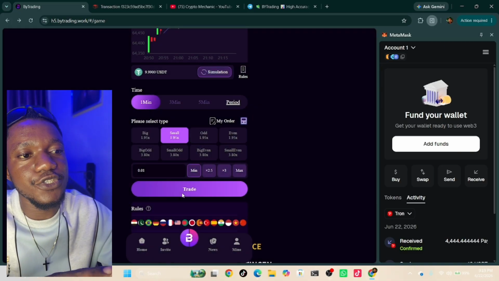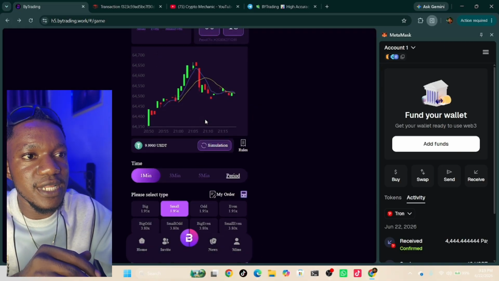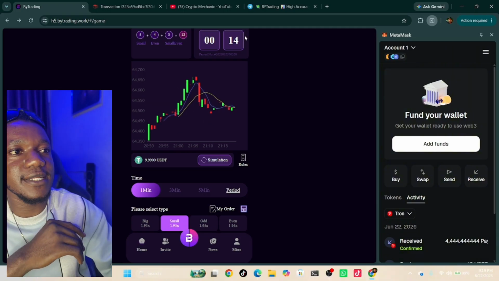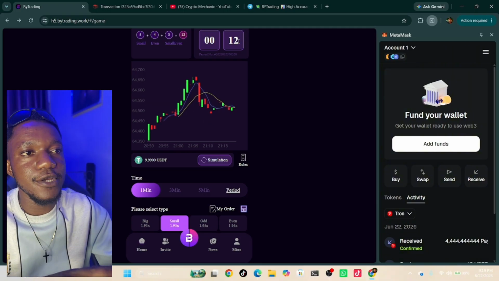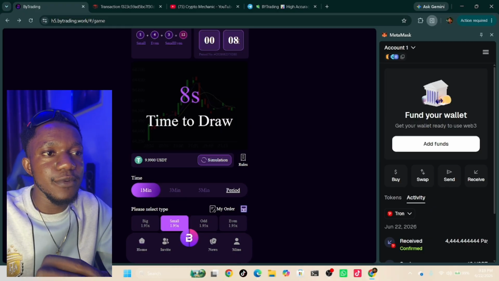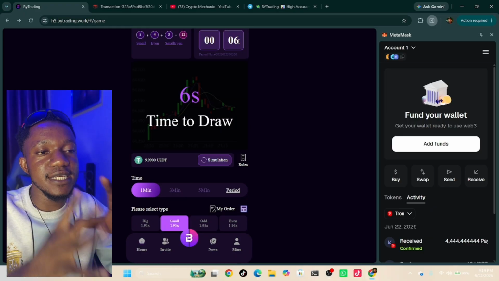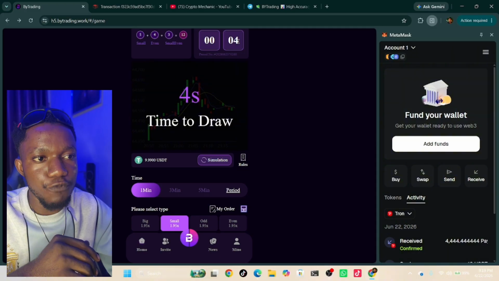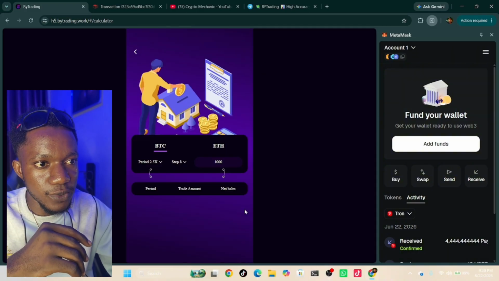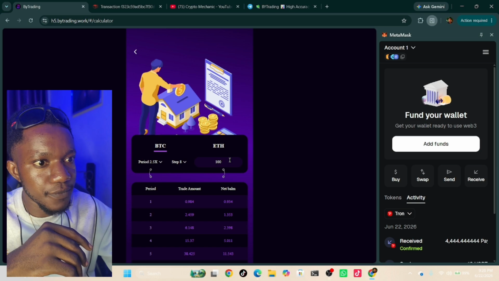Now that I've entered the trade, you have to wait until, let's see the result we are going to have right here. Remember, once this countdown right here gets to 10, you won't be able to place a trade any longer. All right, so over here the countdown is going right now, and when it gets to 0, we get to find out if we won or we lost. All right, so let me check the second trade we are going to take. The second trade is going to be